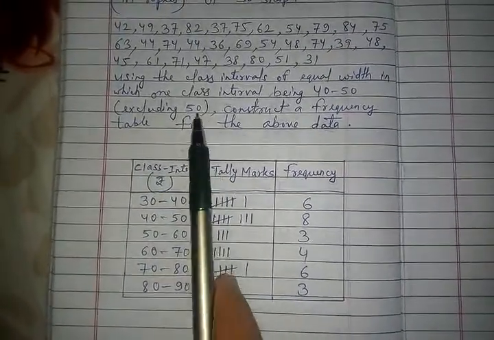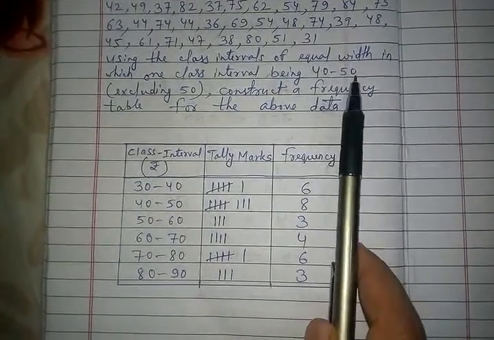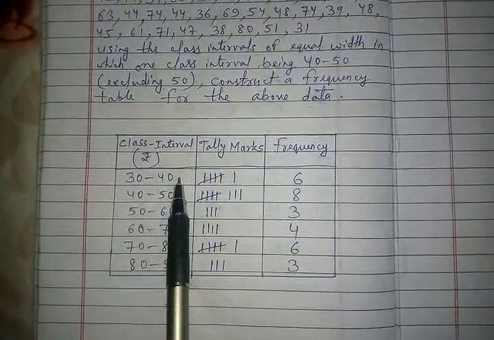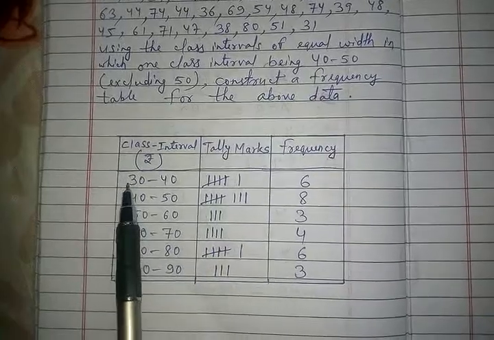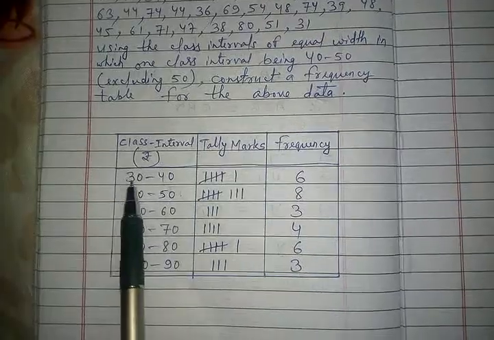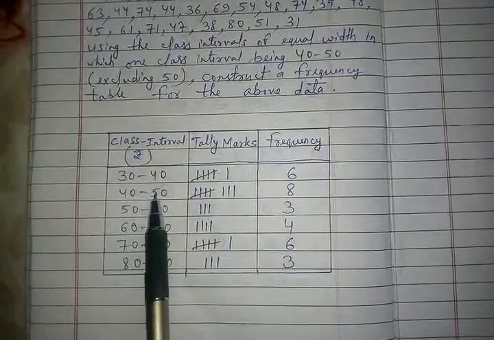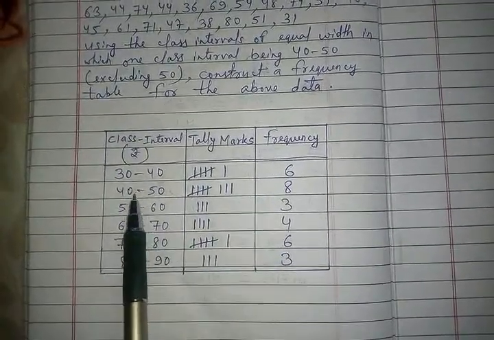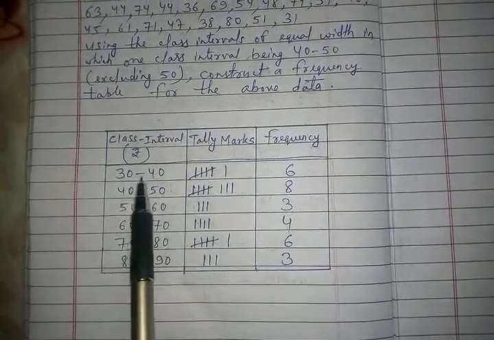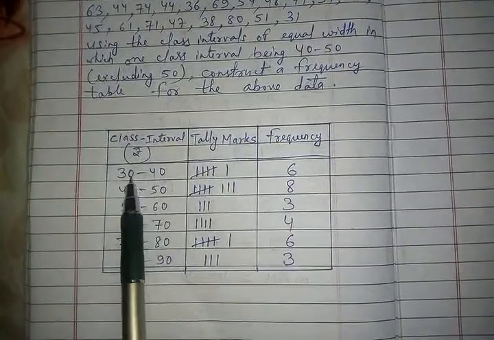Now one of the class interval is 40 to 50. That doesn't mean you have to begin from here. Like you might be asking, sir, why did you begin from 30 to 40? Least value is 31. So I will say, as 40 and 50 they are the multiple of 10, all the class intervals should be multiple of 10, and there is a width of 10. 40 to 50 means there is a width gap of 10 numbers. So similarly 30 to 40 also should be of the same gap. So 30 to 40 is of the 10 gaps, that is the width of 10.